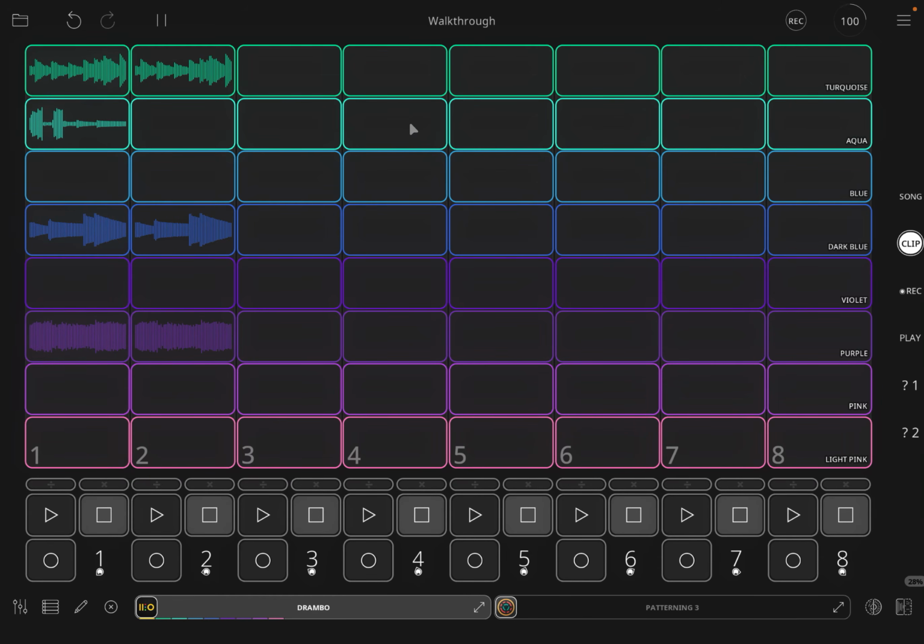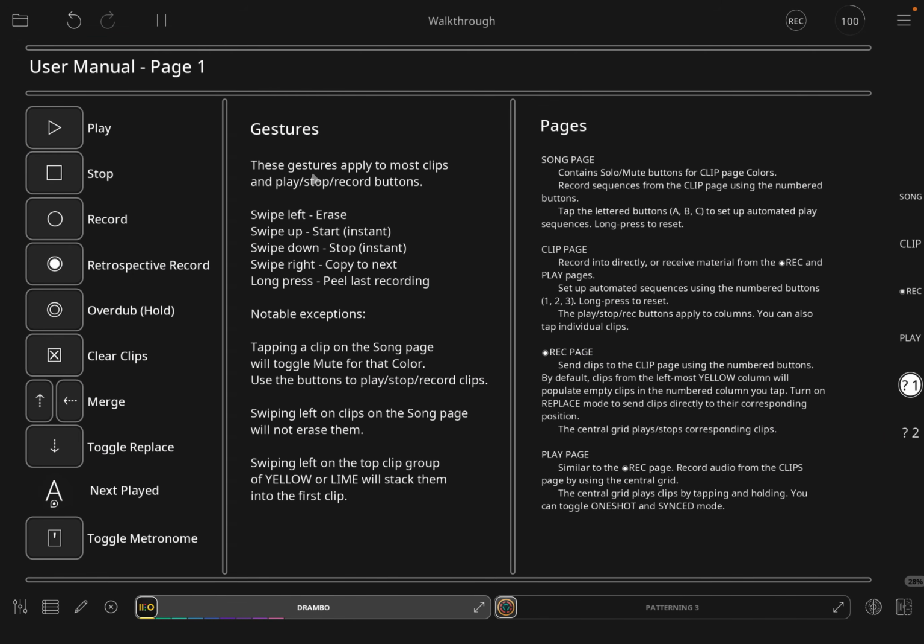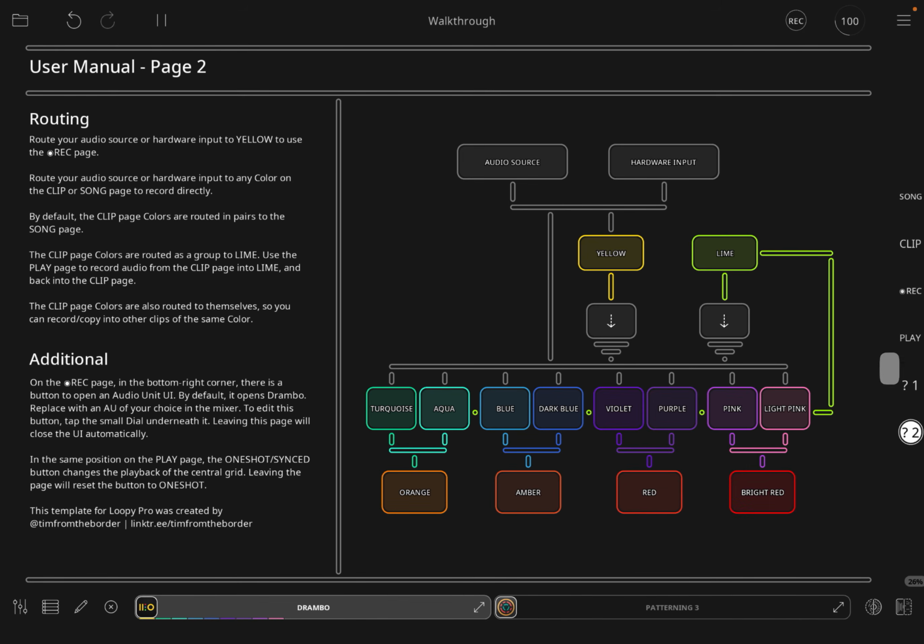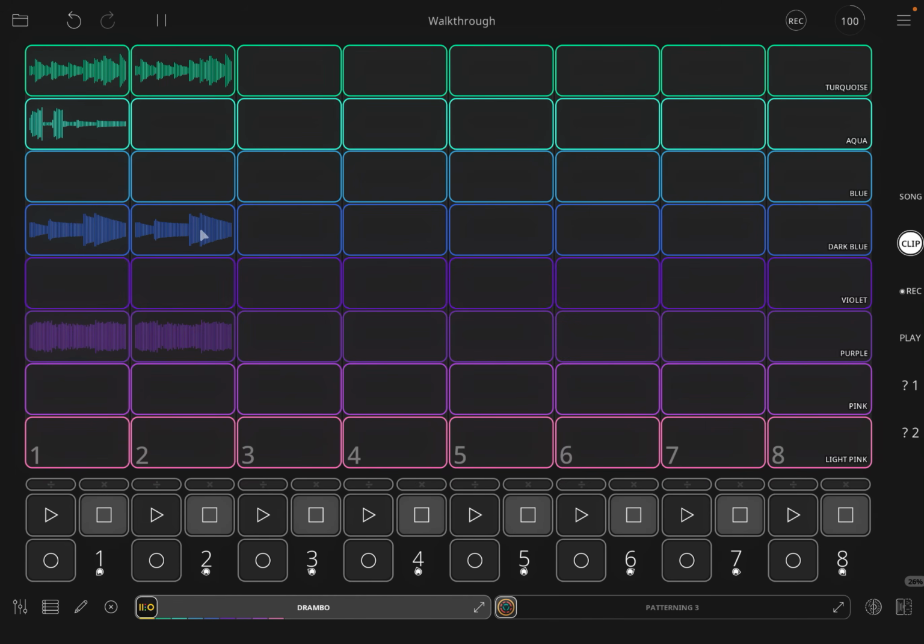Now let's just quickly go over the functionality for the clip page. So all these clips can be recorded into and played as normal. And they do have custom gestures, which are all outlined here. I definitely recommend reading all of this, because some things are a little different from the default Loopy Pro behavior. But anyways, on this page, you have controls to double or halve the length of all the loops here, which is handy if you have a section you just want to play longer,